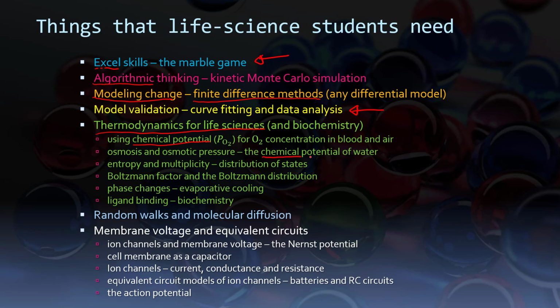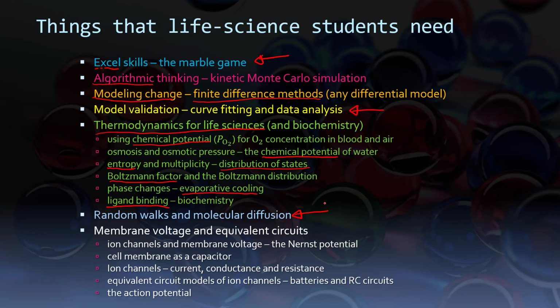Osmosis is actually driven by the chemical potential of water. We can talk about entropy and the distribution of states. The Boltzmann factor is really important for the energetics of molecular transitions and chemical processes. Phase transitions are another example related to evaporative cooling, which we've already talked about, and ligand binding, which we also talked about. Random walks and molecular diffusion are a topic that's worth coming back to after students have a little